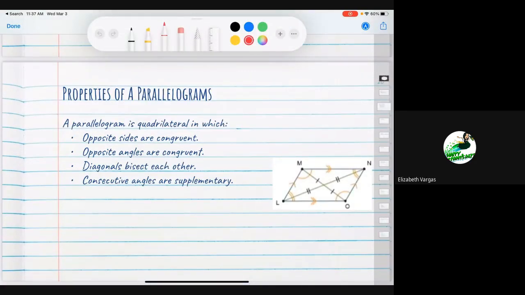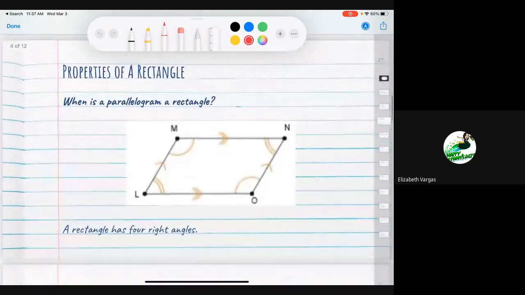These are all things that we looked at in regards to parallelograms. What we're going to look at today is special parallelograms. More specifically, we're going to look at a rectangle, a square, and a rhombus. And the reason we're doing that is because we need to be able to identify when a parallelogram is a rectangle. So a rectangle, the way that we differentiate it from parallelograms